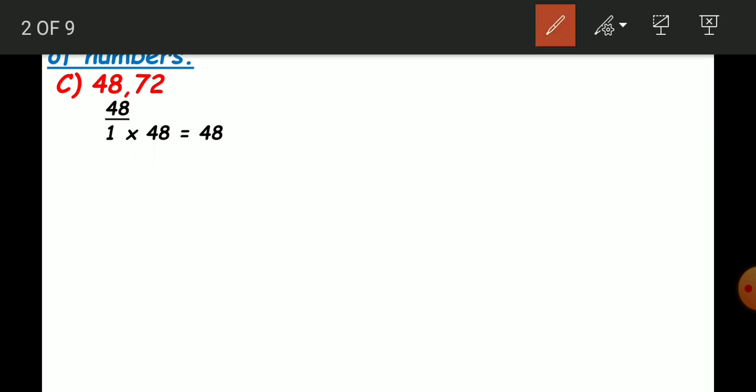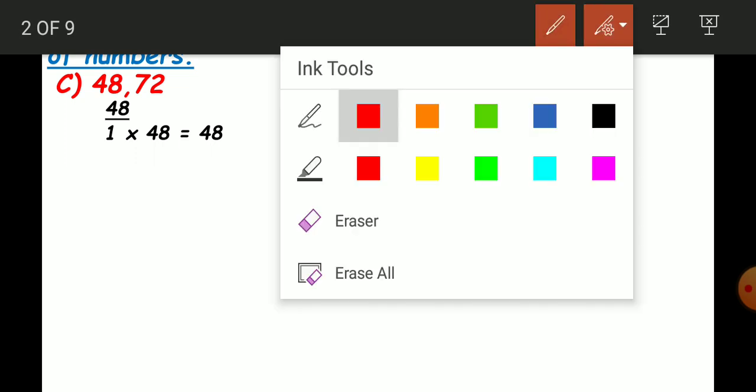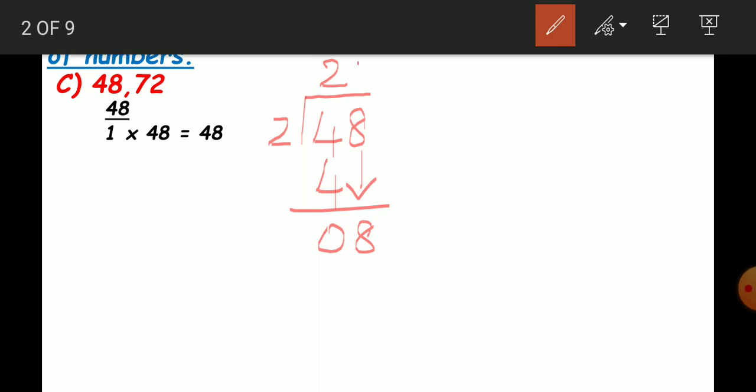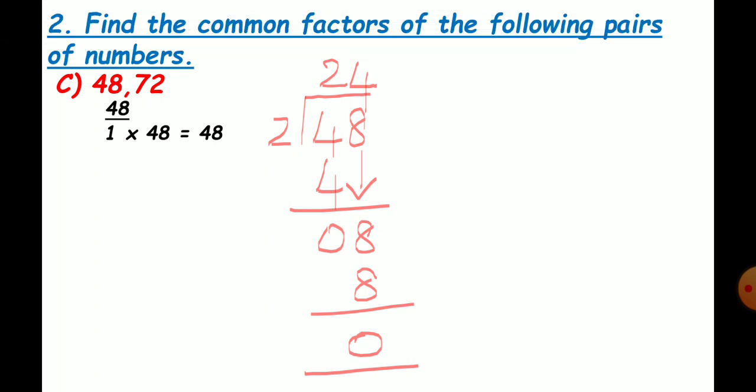For that you can divide and check. If you don't know how many times it comes, you can divide 48 divided by 2. If you divide, you will get what? 2 2s are 4, 0, then you get an 8, and then here you get a 4. 4 2s are 8, and then a 0. So 24 times. In two table it comes 24 times.